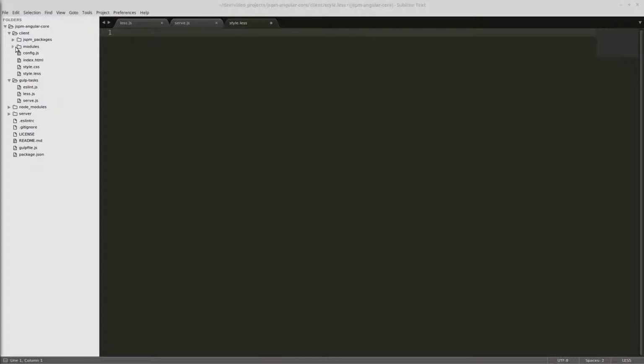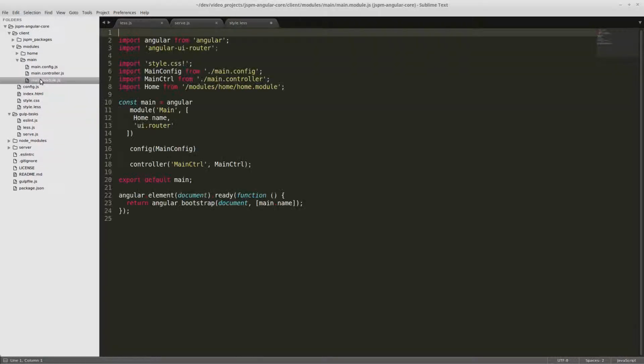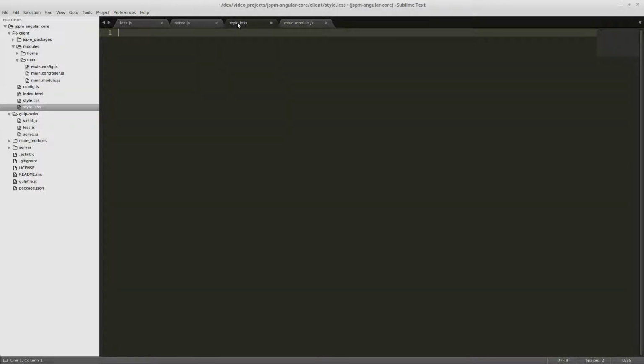Since we are, let's go to main module, since we are using the system loader to import our CSS files, it does not guarantee the order that it will import those files in. And that means that more likely than not, our CSS files will be overwritten by third-party CSS files